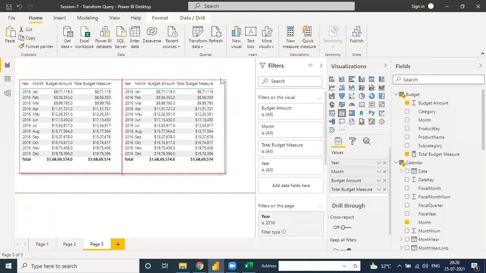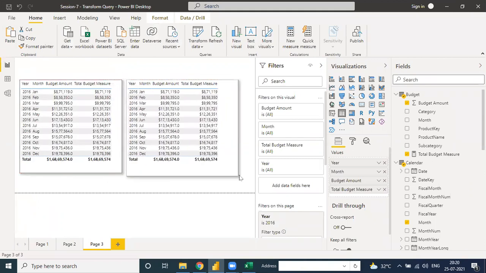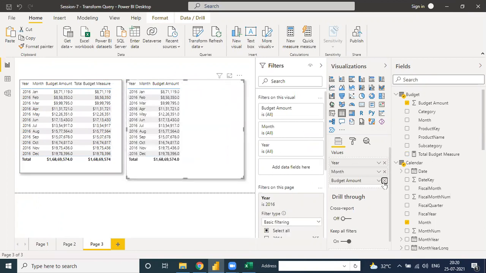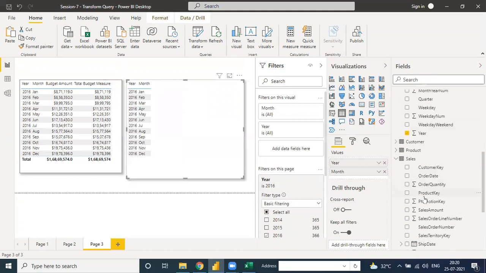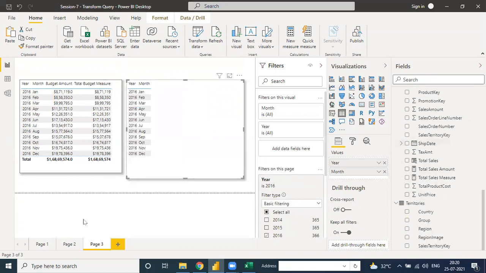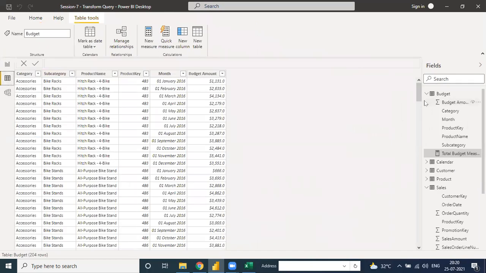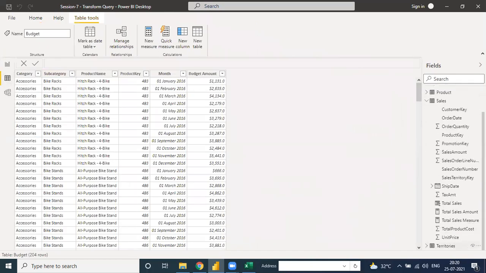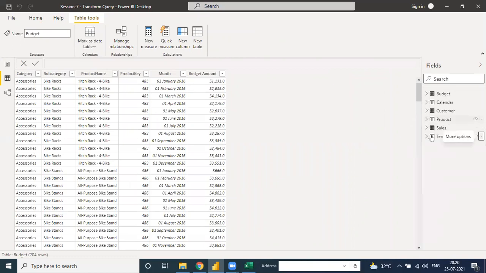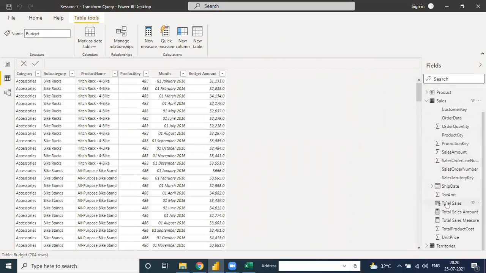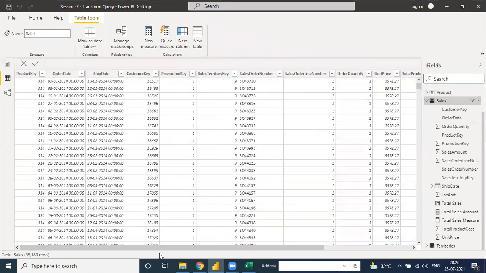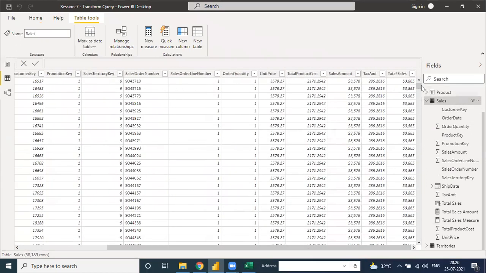What is the use of Excel formula? You just need to remember, click and remove. Right now we are doing some calculation. Under the sales table, at the end we have sales amount and tax amount.